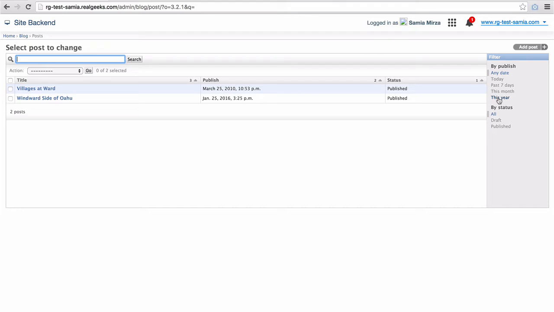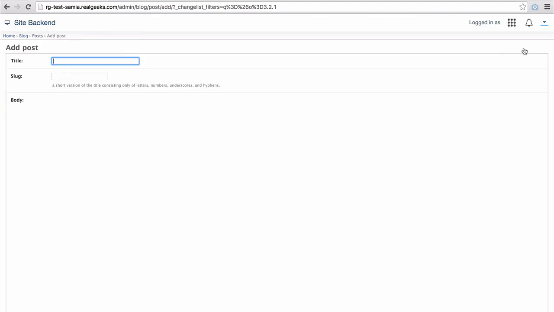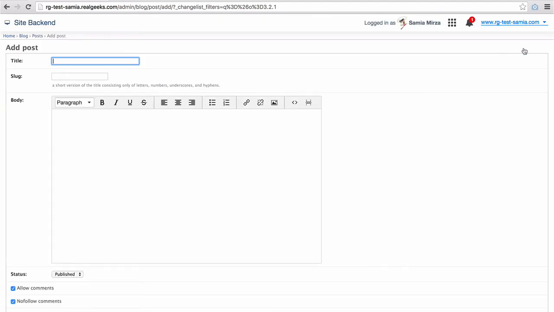But let's create a post by clicking on the upper right-hand corner of the page on the button that reads Add Post. So once again, at the top of the page, you'll want to add a title, which will outline what the page is about. So let's go ahead with relocating to the islands. In the field below, you'll see the slug automatically populate with the words